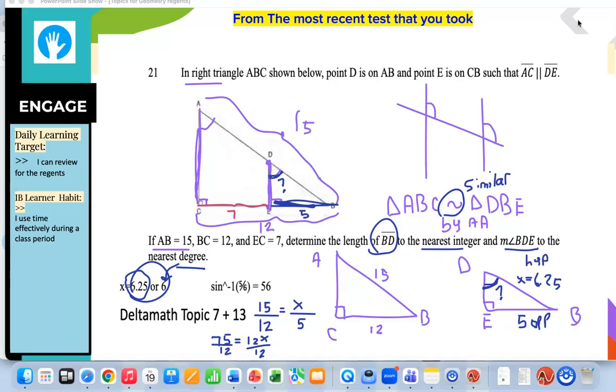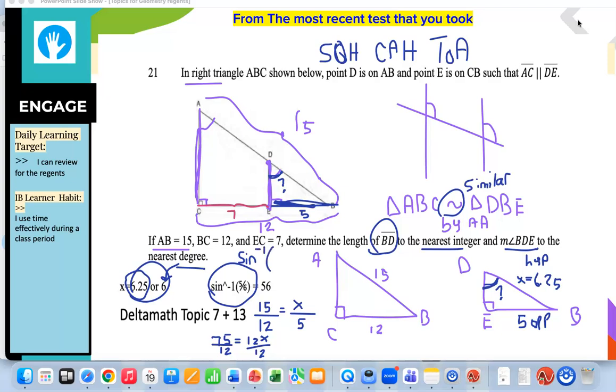So as a result, thinking about SOH CAH TOA, this is an O, by the way. I would encourage you to write this down. If you haven't, please pause the video so that you can catch up and process what's happening. Since we are looking for the angle that's related to the opposite side and the hypotenuse, we have to use sin, specifically sin^-1. And if you put that in the calculator, sin^-1,